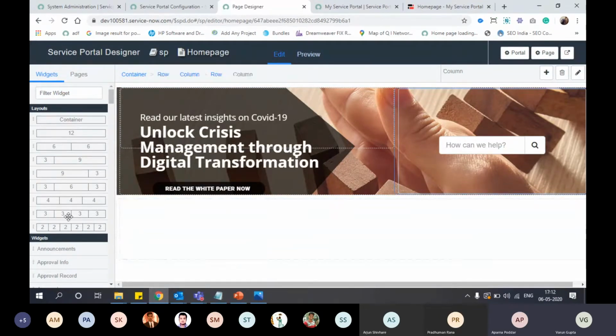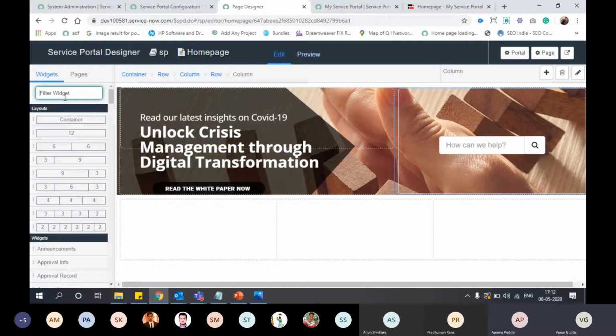Another row for some of the links. Let's say 4x4. I will use icon link here to redirect. First one I will create an incident. Second knowledge. Third one is service catalog.